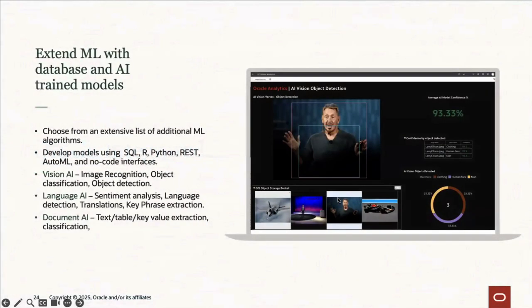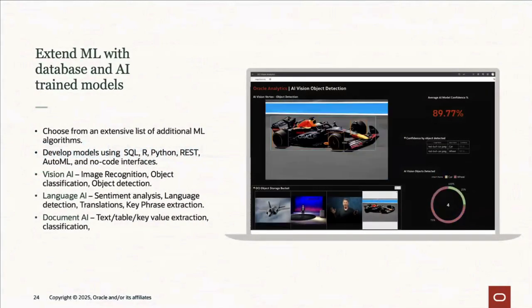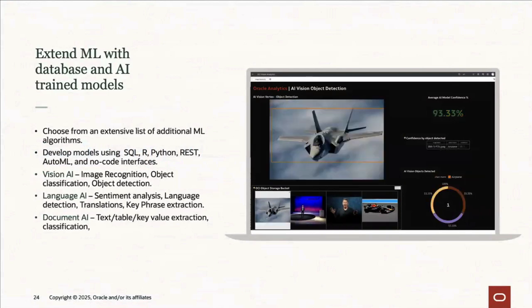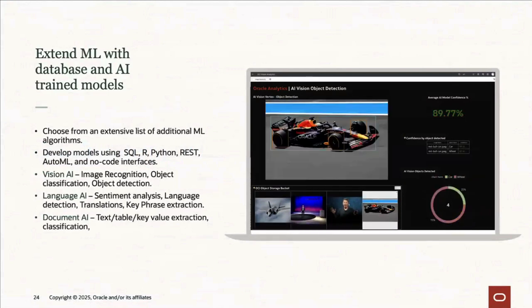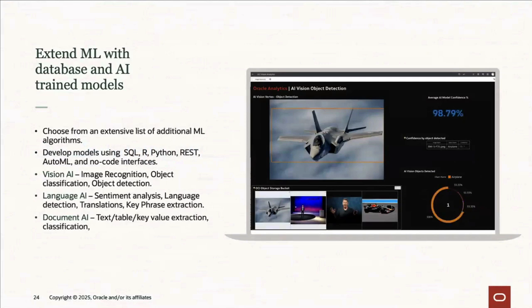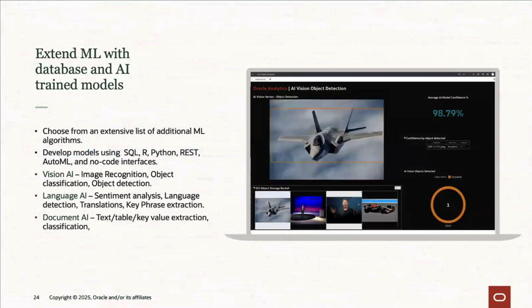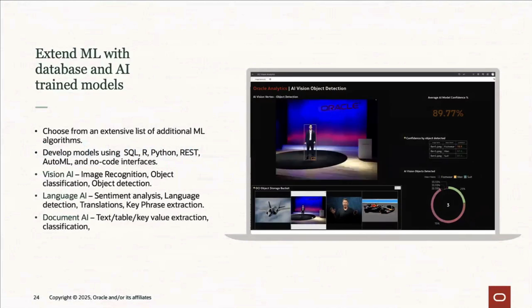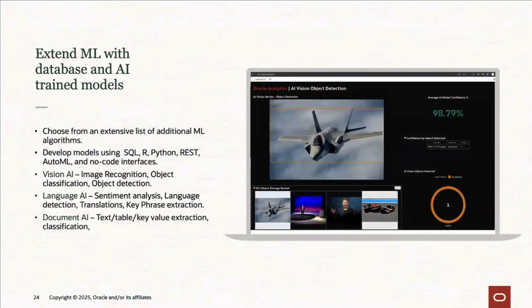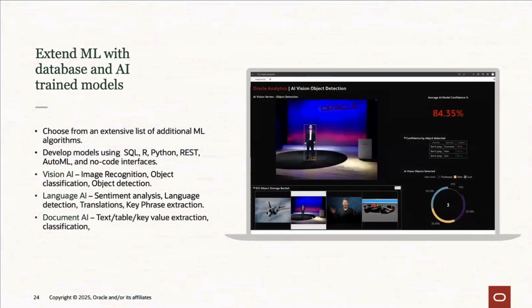So lastly, now that we've looked at the functional matters of Oracle Analytics Cloud and taken a look at the augmented analytics, let's take a look at some of the Oracle integrated analytics services. This is how we are going to extend our machine learning with database and AI trained models. With Oracle Machine Learning, you're going to be able to choose from an extensive list of different machine learning algorithms. It's all basically wrapped around your database using either OML for SQL, R, or Python.